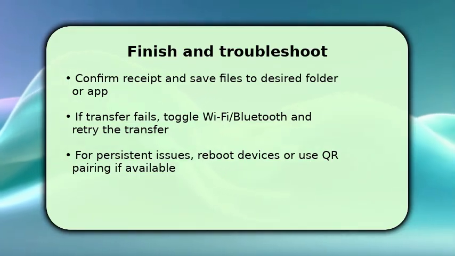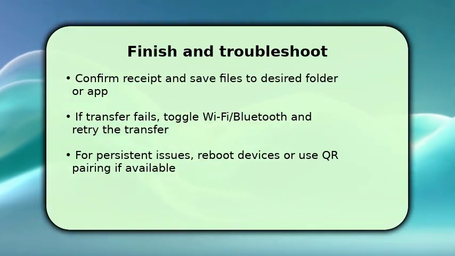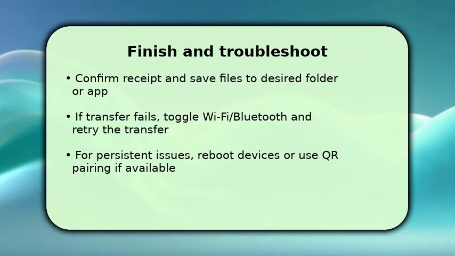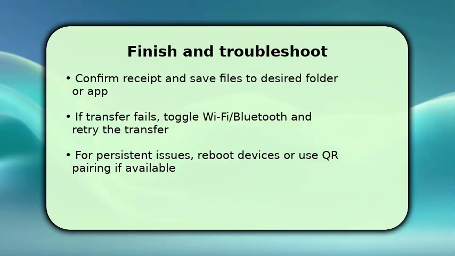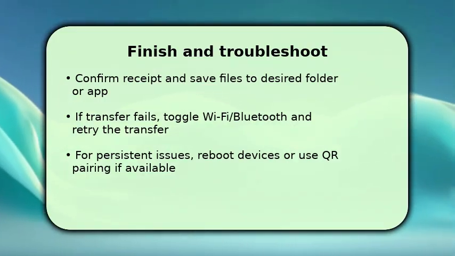If the transfer fails, first toggle Wi-Fi and Bluetooth on both devices, then retry the send. Many disconnects resolve by reinitializing radios. If problems persist, reboot both devices or use an alternate pairing method such as QR code or nearby share settings. This troubleshooting step